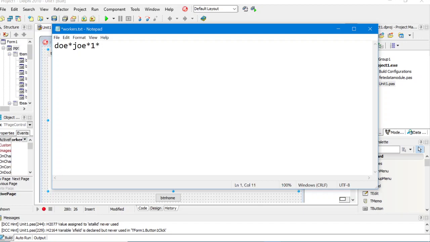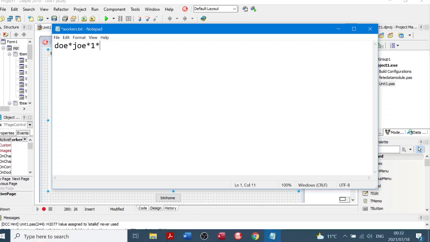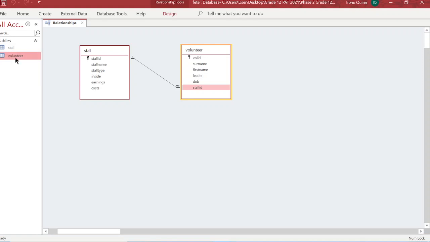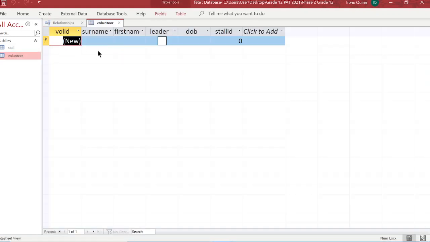So that's a bit of a tricky one because we want to use dates for that, but we're actually going to get the user to choose their date. But there's another way. We can just type in the date. We can either choose a date or we can type a date. Okay, so what happens is the format for the date in Access needs to match the format of the date in your table. Now if you have a look at the date of birth field,